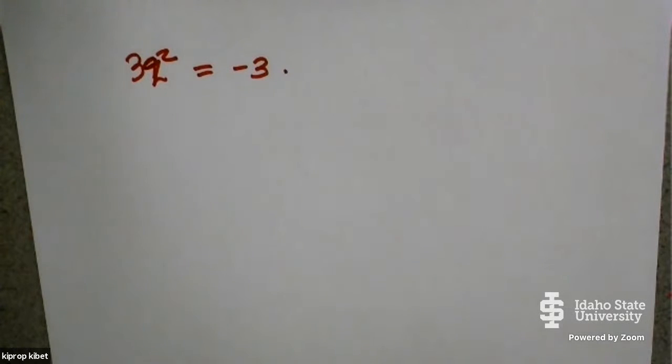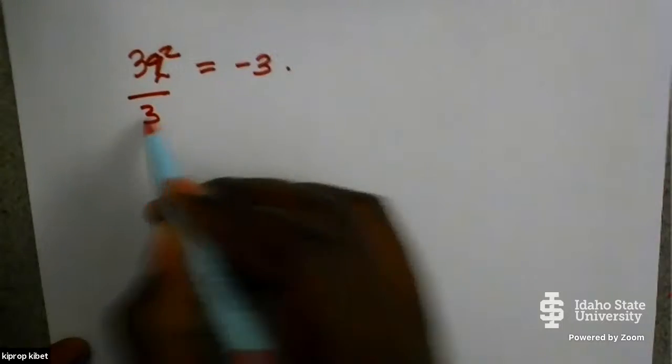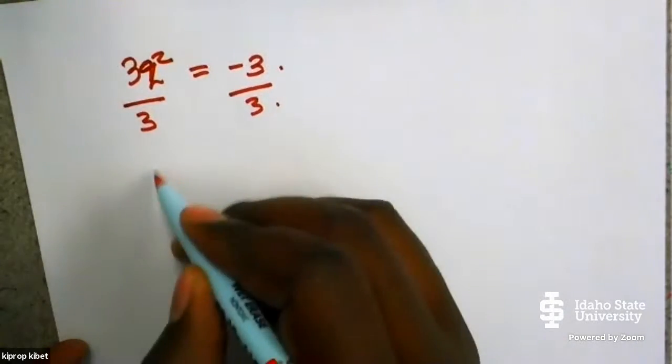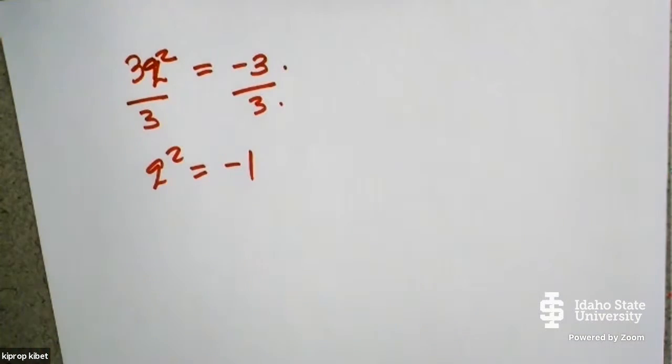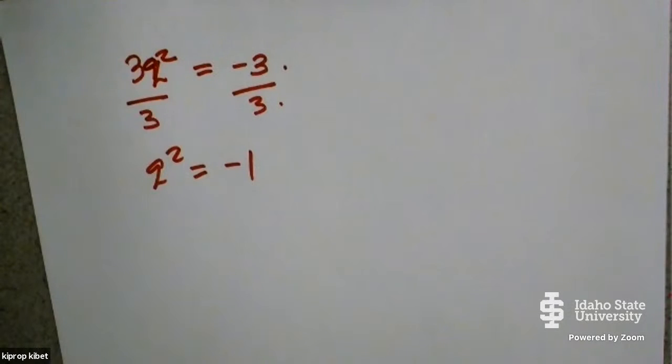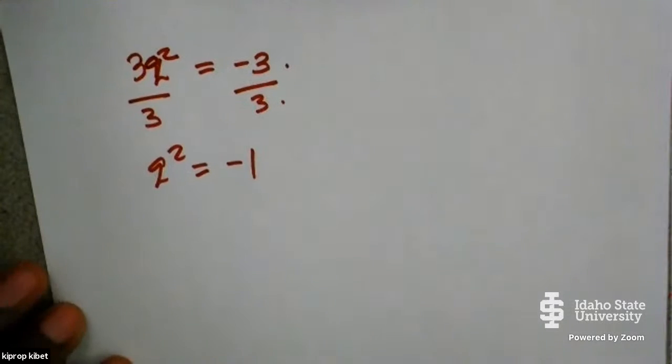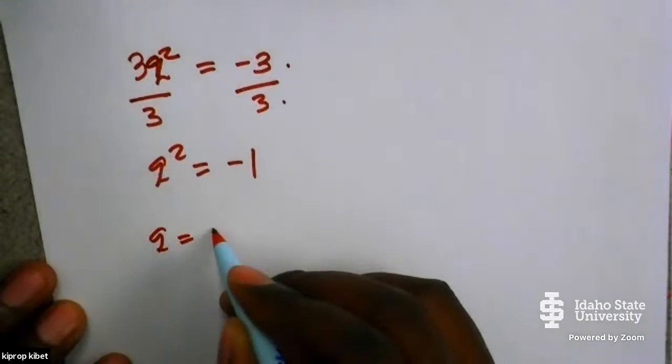So in this case, what do you do here? You divide both sides by 3 first, because the only term being affected by the square is q, right? So we divide by 3, we divide by 3. So q squared equals what? Minus 1. Now, using the square root property,